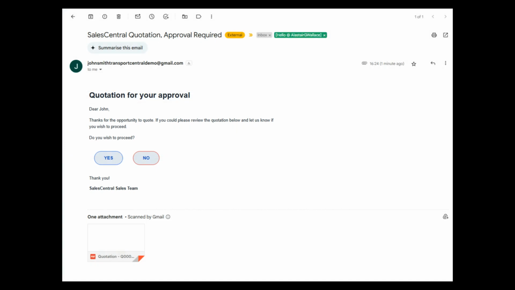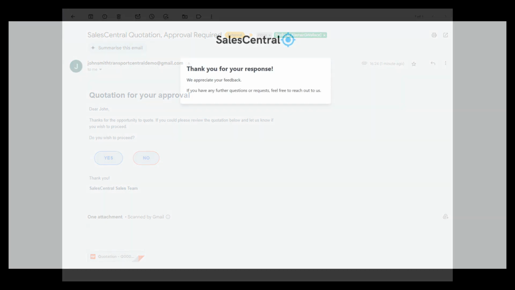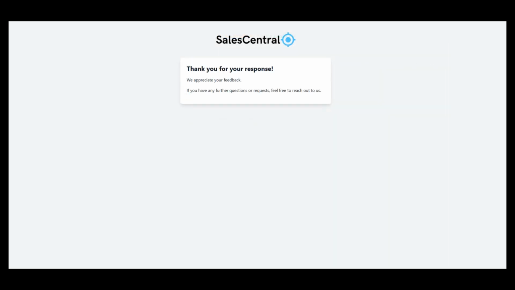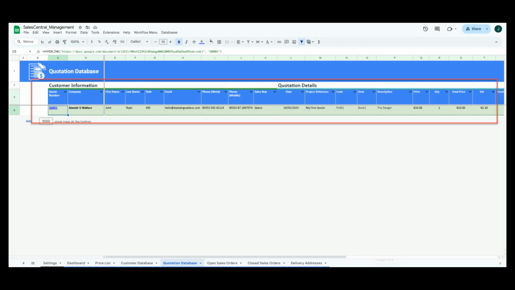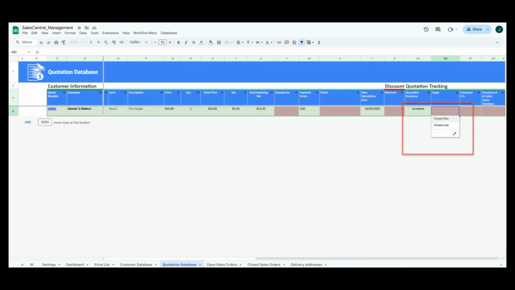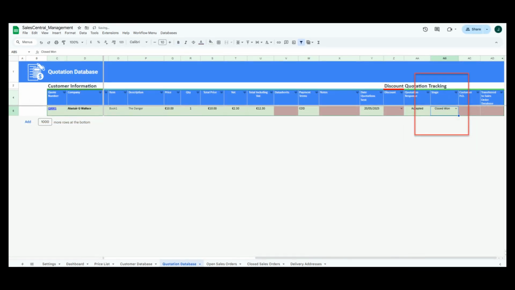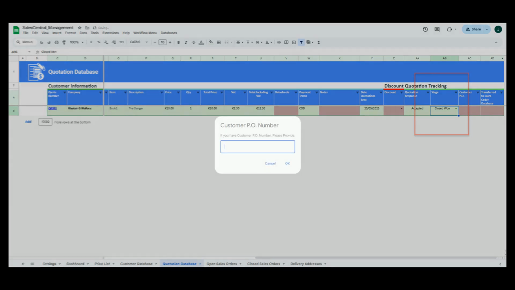Customer receives it with a facility to either say yay or nay. If they say yes, you will get an email notification to say the customer has accepted the quotation, and that information will be logged, and you can see the change of the color here within the customer database. You can then accept the quotation, pop it in as closed and won, and as soon as you do, you